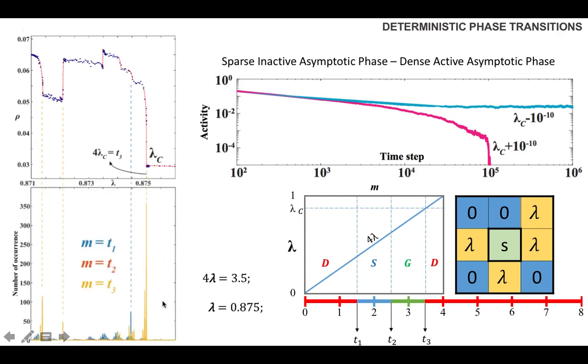And you can see that we are able to figure out where these transitions are going to happen. They happen at the places where the sums correspond to one of these T1s, T2s, or T3s. Whenever 4 lambda is T3, there is a sharp peak here. Lots of 4 lambdas are T3. Again, this may be too much, and maybe I'm talking too fast. I'm happy to explain it further if you want.